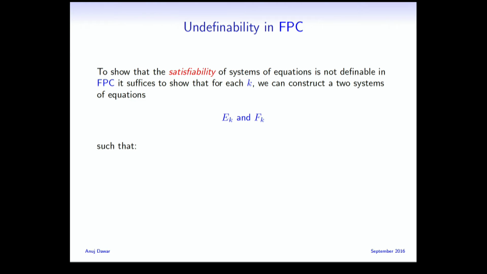I need to give you for each k two systems of equations, one of which is satisfiable, the other isn't, but they cannot be distinguished in C^k. I want to give you such a pair for each value of k. And that'll prove that you can't do this in FPC. I mean, this property of being solvable is not invariant under k equivalence. Okay. So there are two things to do. First of all, I'll tell you what these systems of equations are. And then we'll look at what tools we have for proving k equivalence. I mean, we're going to need variations on these pebble games we had before.